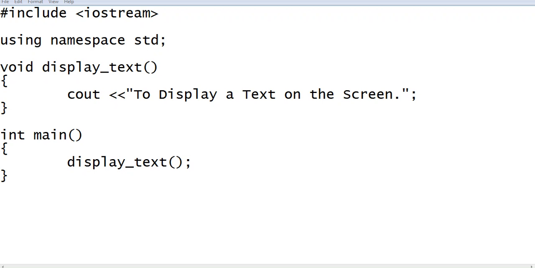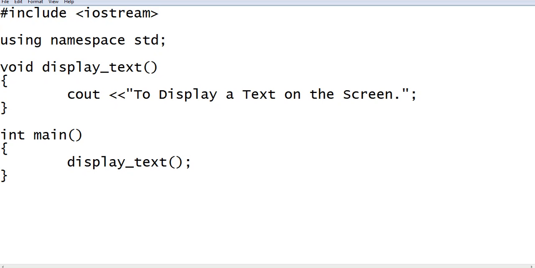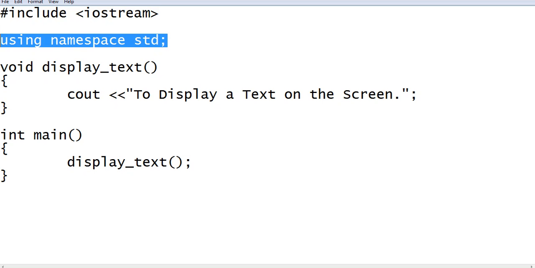Okay, we have here #include <iostream> for input output in C++. So basically this library file is very important. We cannot see a C++ program without using this iostream library file. IO means input output. using namespace std;